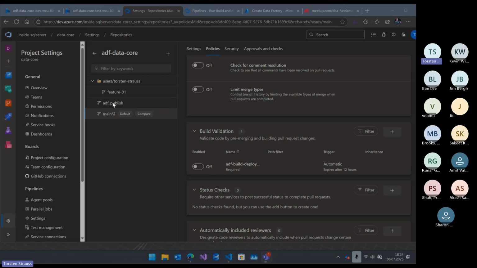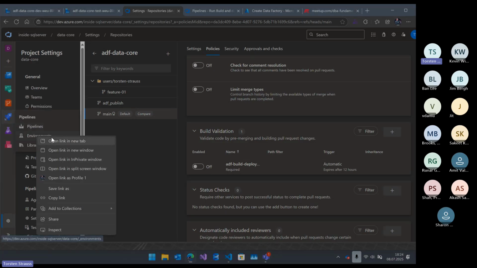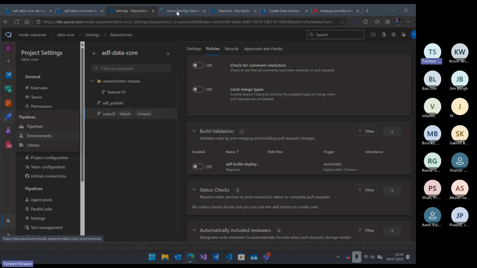So what we have here is, we need to set up several things in Azure DevOps in order to make sure that our pipeline finally works. First of all, the order really doesn't matter, but we have to do it upfront before we create the YAML code. So what we can do here is,